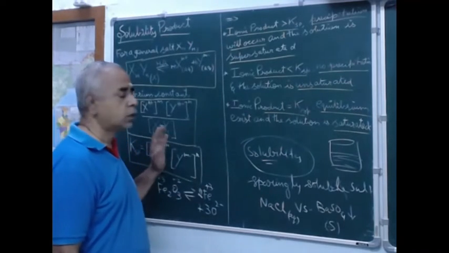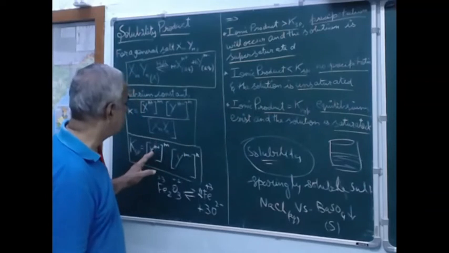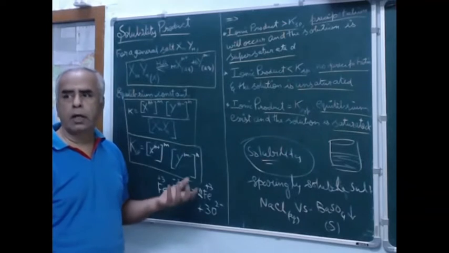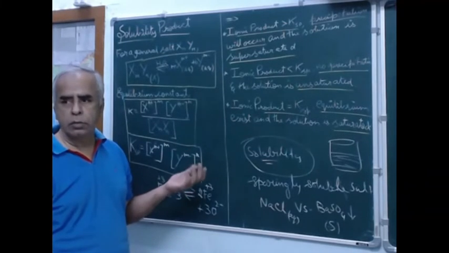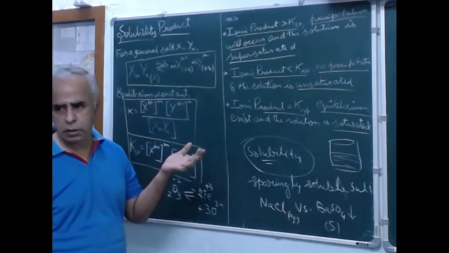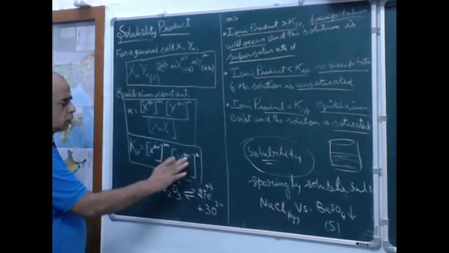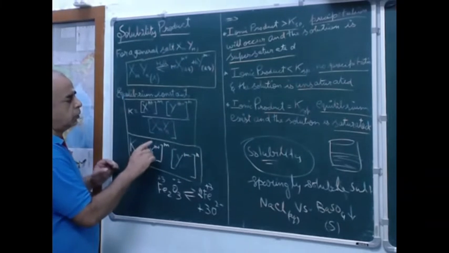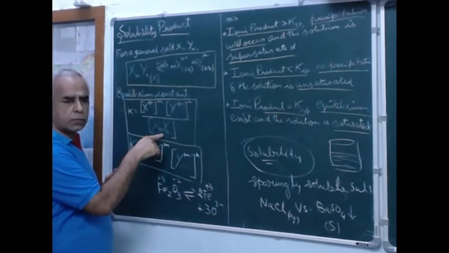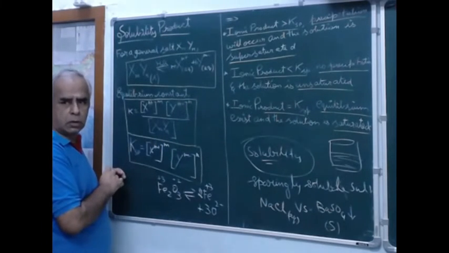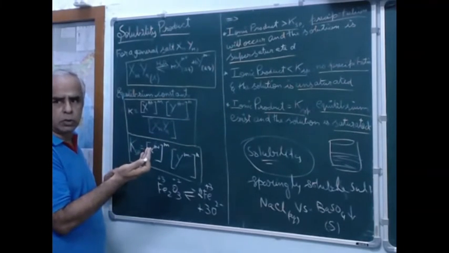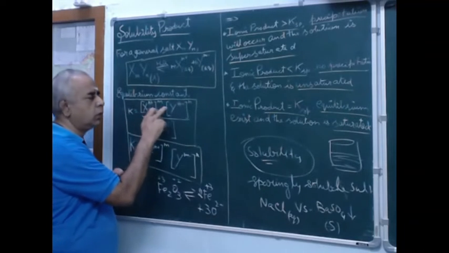But what are you supposed to do if it is a sparingly soluble salt? What term should be taken? You have to consider only solubility, which you can simply represent by S. Do you understand this? In this case, this is called KSP. For example, this is the salt. The active mass of a salt is always 1, because if it is not dissolved, you need not worry, it is only a sparingly soluble salt.